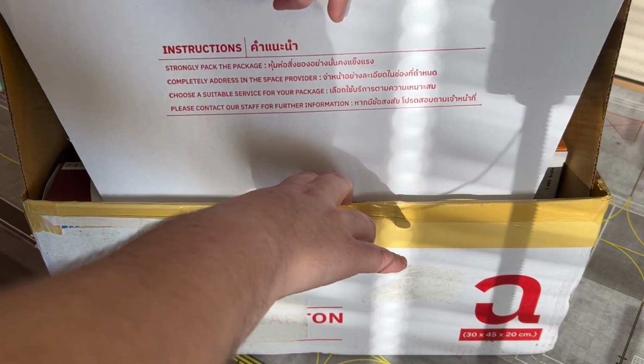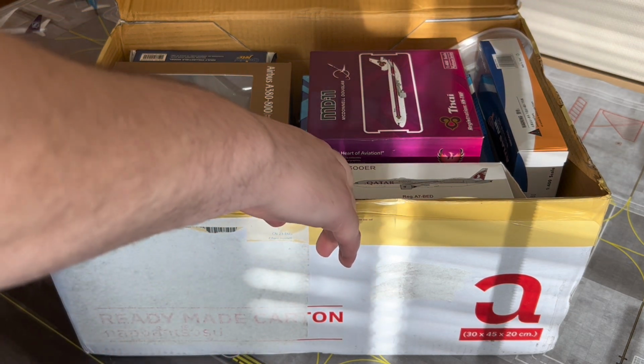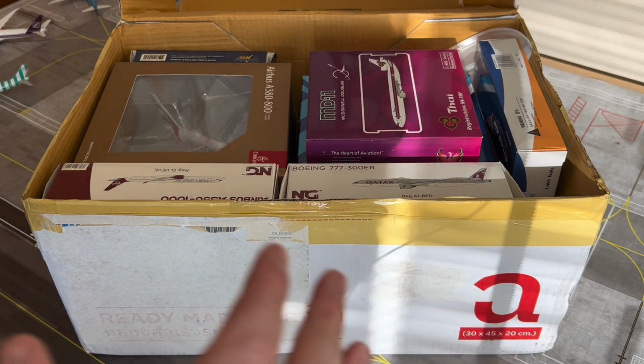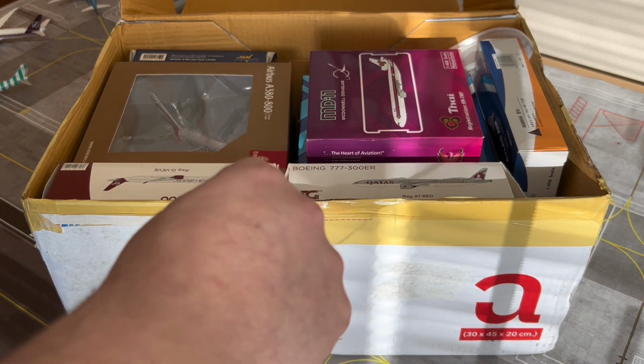And opening up like this, as you can see, we've got an array of model aircraft in this package. Just putting that in the background. I will open each of them individually later on in the video. I will transition to that part of the video, but first and foremost, we have